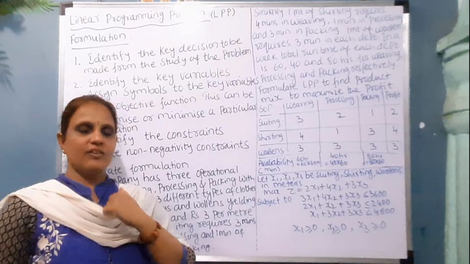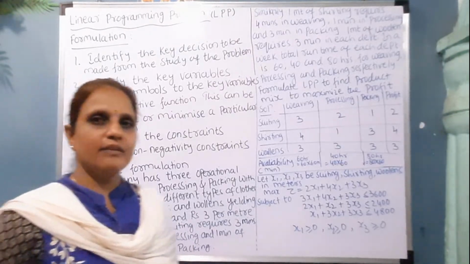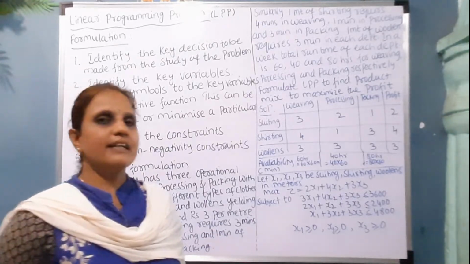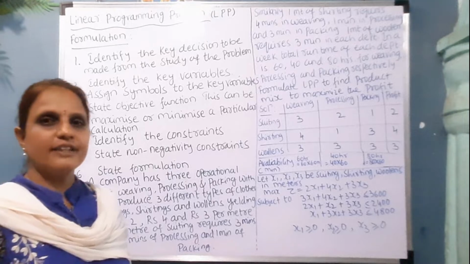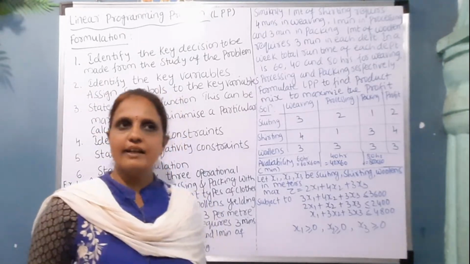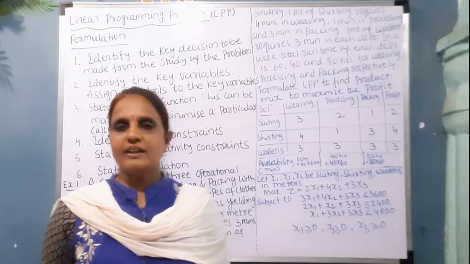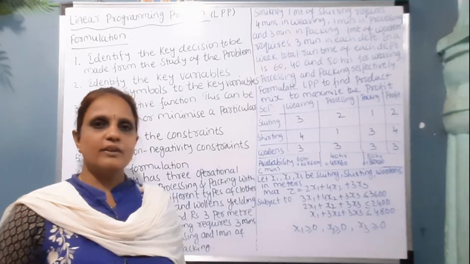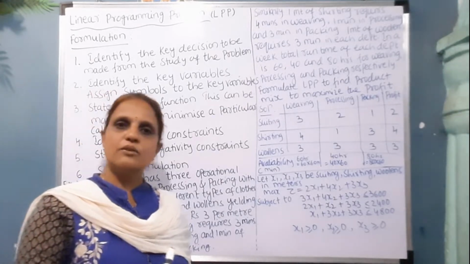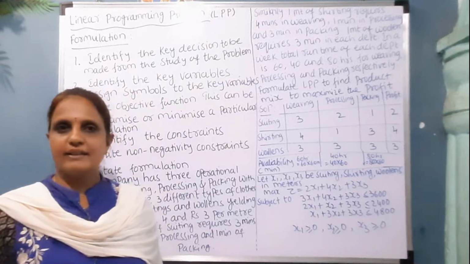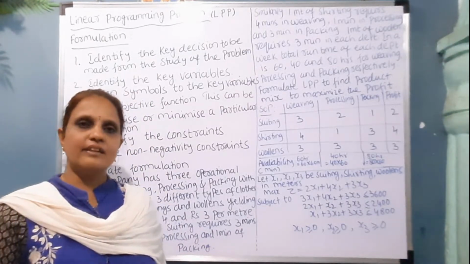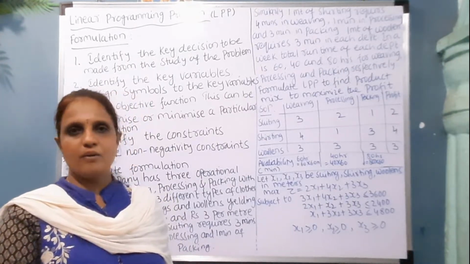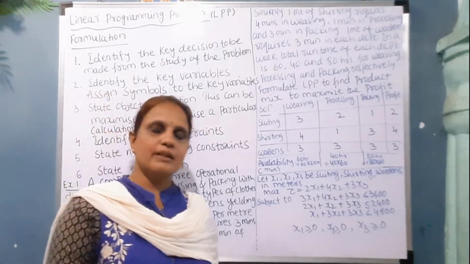Whenever any linear programming problem is given, first we have to formulate the problem. After formulating it, we have to find the solution. Now to formulate a linear programming problem, we first need to find what is the decision to be made in the given problem. After that, what are the decision variables we have to take. Then we will form an objective function. The objective function is a function which is used to optimize, either maximize or minimize. After writing an objective function, we will look at the restrictions according to the decision variables which are given in the problem. Those restrictions are nothing but the constraints.